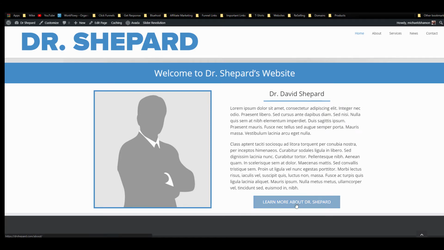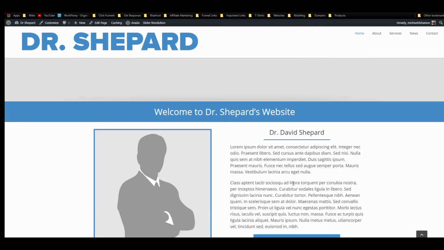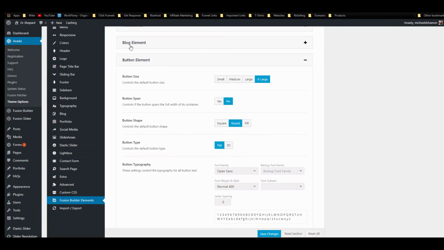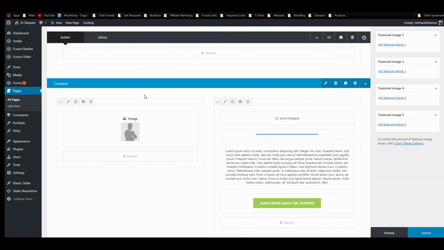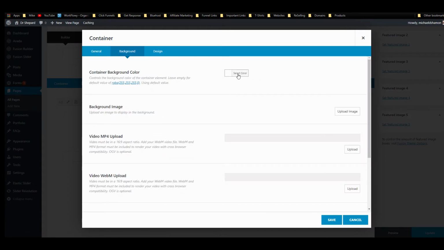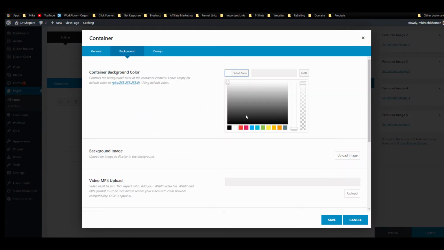Now you could align this right if you wanted to. I just like the centered, so it's whatever you prefer. But that's basic. You could change the background color if you wanted. You could change the texture there, and if you want to do that, you just go to your container here. You click the brush. You get a background, and you can select the color background you want. So if you maybe want a little bit of an off-white,